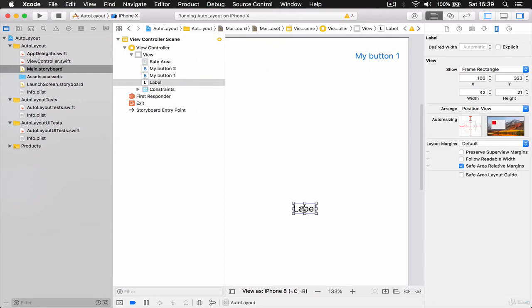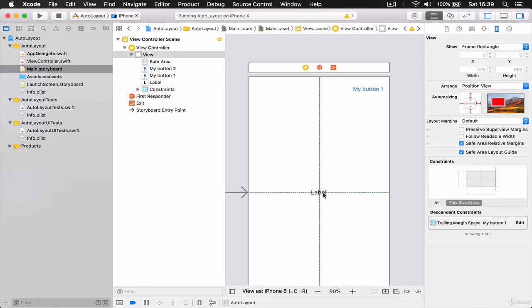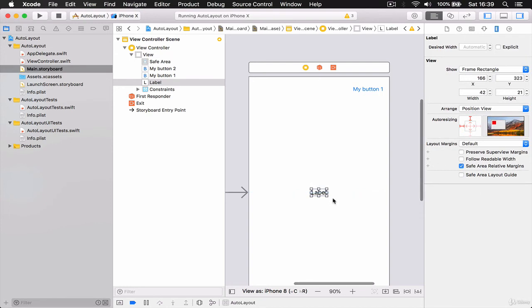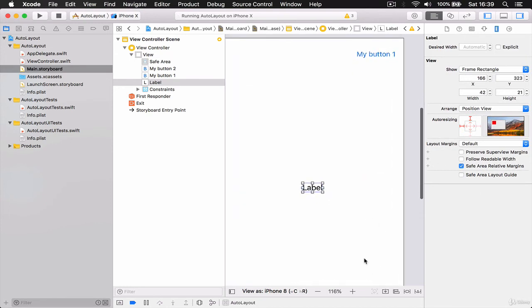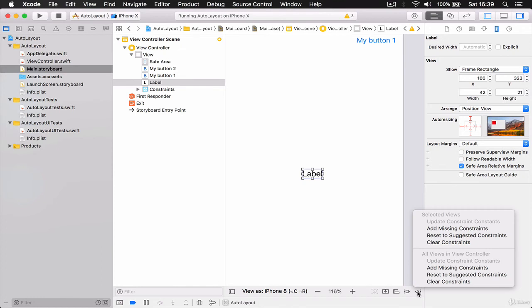for example, my label here is in the middle of my view, and you can understand it because I'm using the blue guidelines. It's exactly in the middle. So if you check down here, we have 4 buttons, and the right 2 of them are for constraints. This yellow triangle, auto layout issues, you can hit on it and then you can ask to add missing constraints. So this way Xcode decides automatically where you want to put the constraints. So if I click on this now,